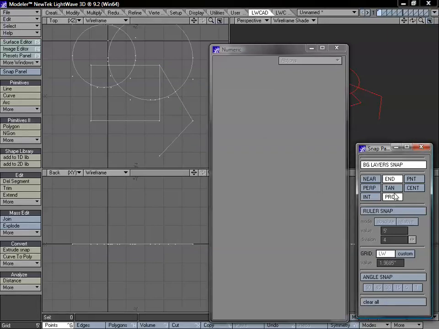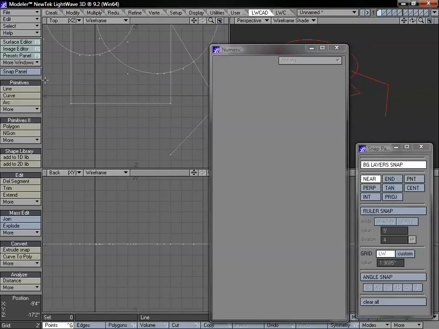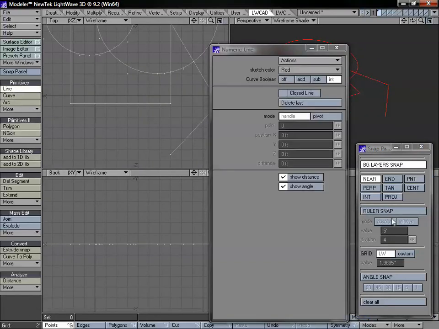And now let's take a look at our ruler snap. Our ruler snap will only be enabled if we have projection snapping on or near snapping on. With any of the other different tools, it'll be grayed out, but that's because we're dependent on specific lines when we're using our ruler snap. So I'm going to go back to near so that we can use our ruler snap. And we can just use these existing objects that I've already created. I'm going to go to our line tool, turn on ruler snap,